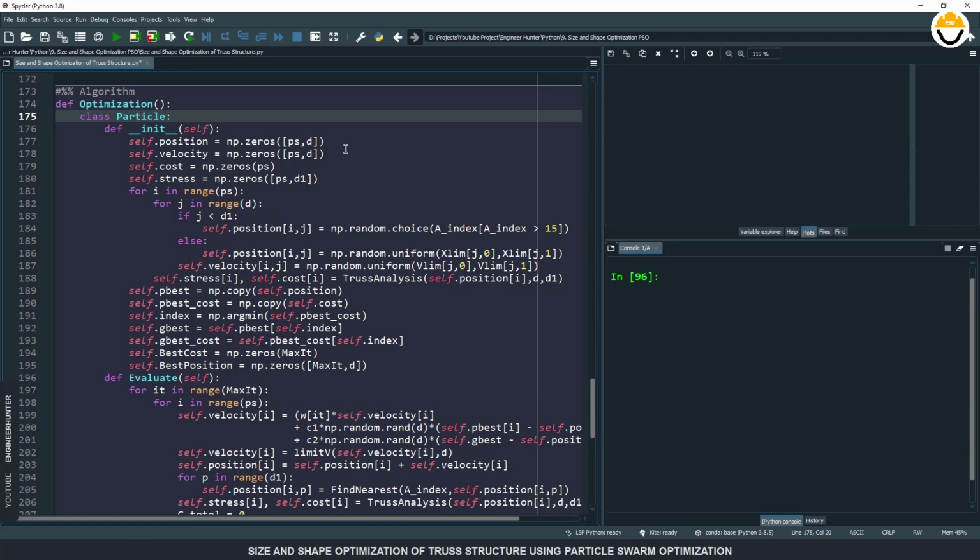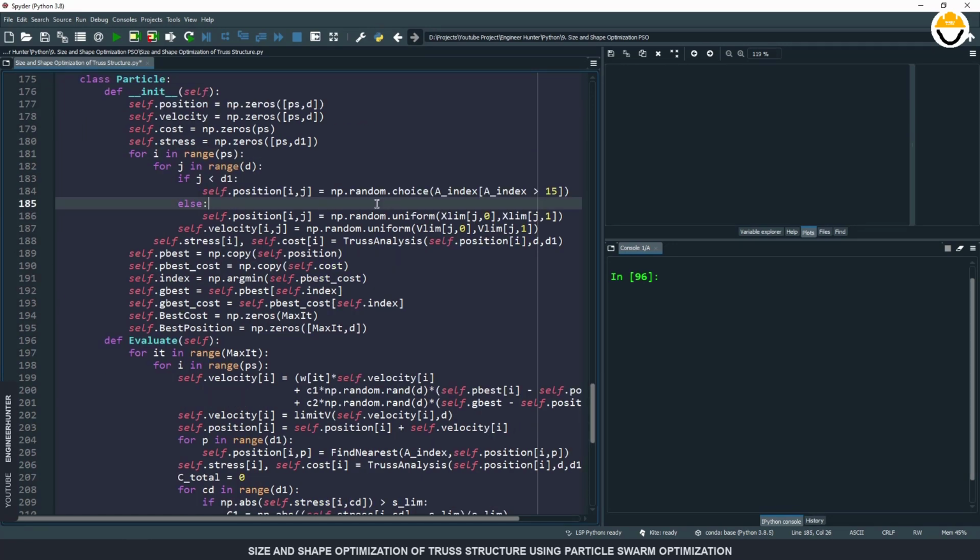So I create several Python arrays here for position, velocity, and the fitness value or cost of the optimization, and the stress here for the design constraint. And for the size variable, we can select from the array A index, and for the initial position the value will be selected randomly from the A index array, but the value shall be bigger than 15, because I want the section for the initial position to be a little bit big,